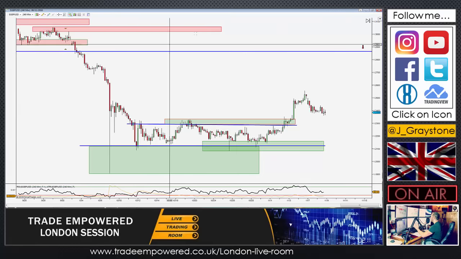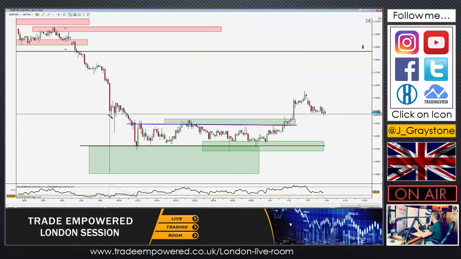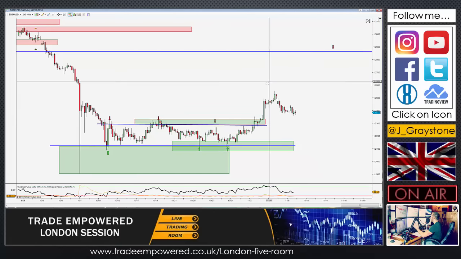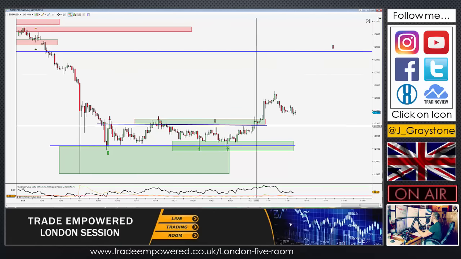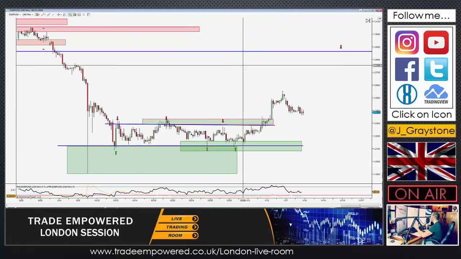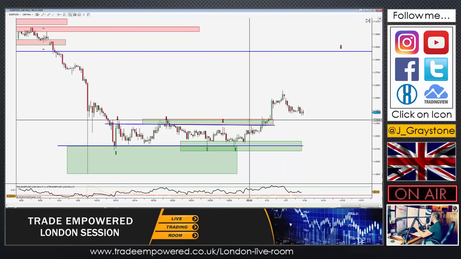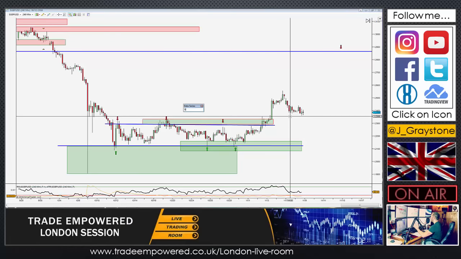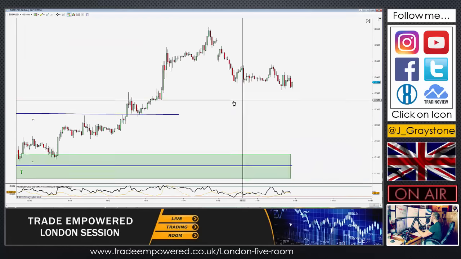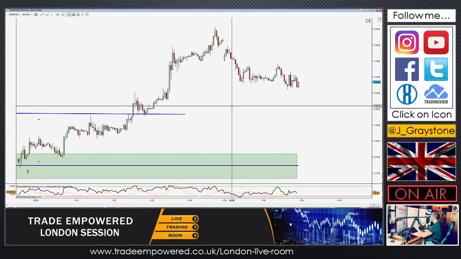But what we were looking at is we saw this triple test down here, or we saw this spike low, which makes it a little bit weird, but we had this test down here, this consolidation zone, and we also had resistance, and we held this level here as well before breaking out. So what we were looking at is a potential long opportunity here as we pulled back down into this previous structure resistance level. But as we drop down the lower time frames, we actually found,